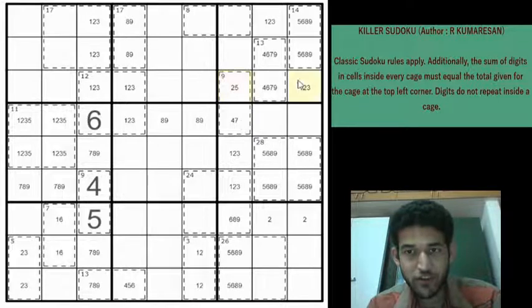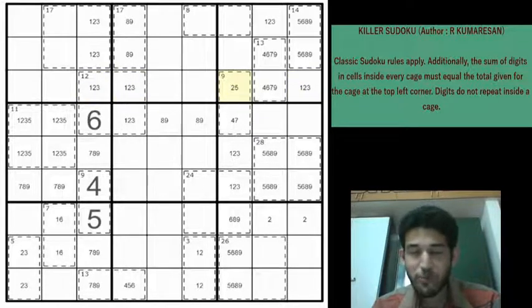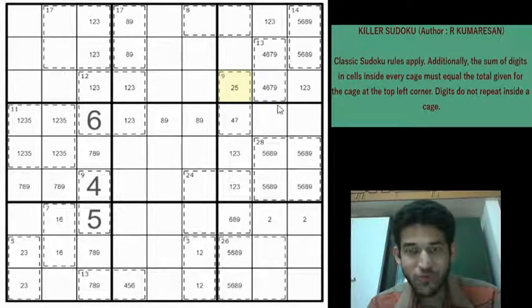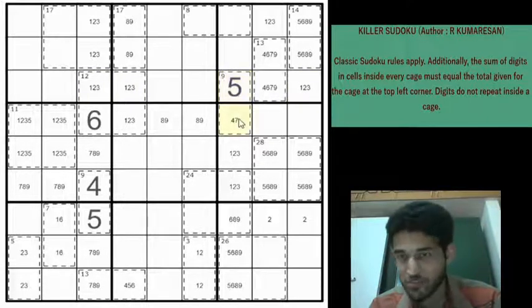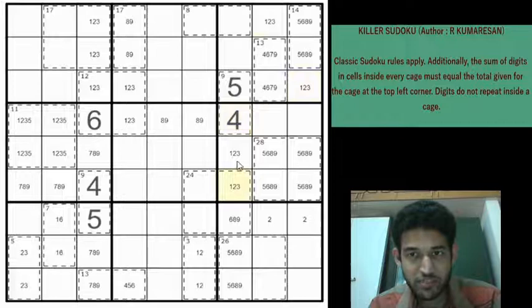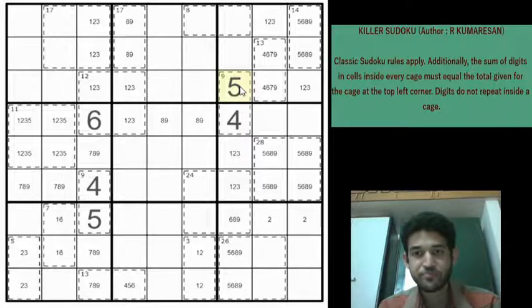So when this is a 4, this is a 5, and when this is a 7, this is a 2. Right? And because of the triplet here, 1, 2 and 3, we can eliminate the 2 from here. Absolutely mind-blowing deduction. Beautiful Sudoku, really. What a deduction. So if you have a 1, 2, 3 triplet here, this can be eliminated. So this will be a 5, this will be a 4. We basically use that invisible triplet to eliminate the 1, 2, 3 possibility from here, which gave a 4 or 7 here, and we got a 2 or 5 possibility here. But because of this 1, 2, 3 triplet, we eliminated the 2 also.